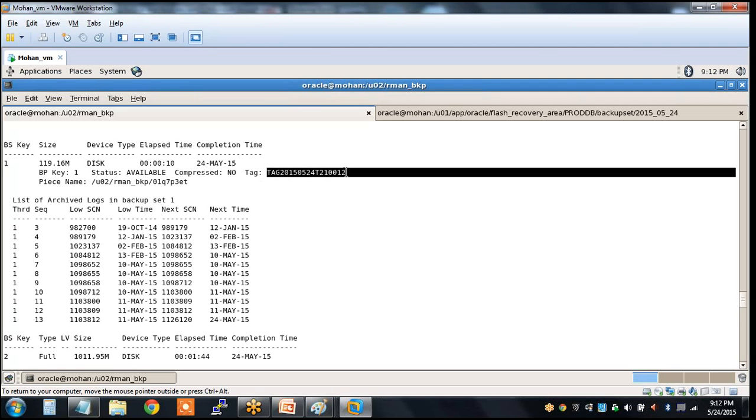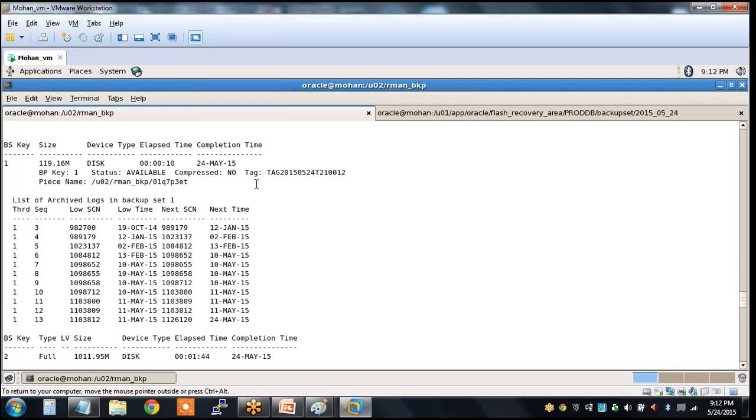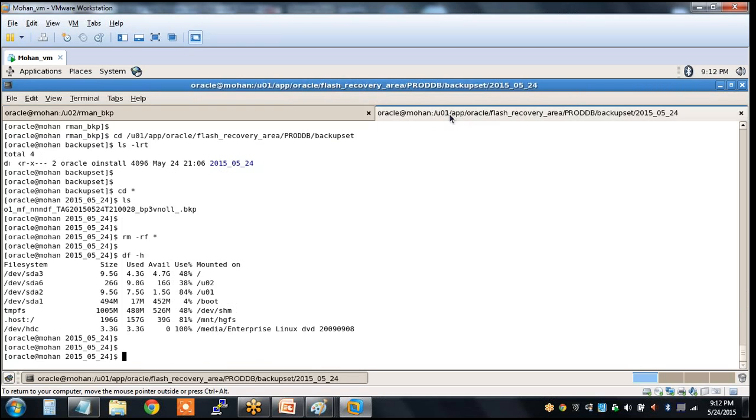This is the backup tag. Backup tag is very much important when you perform recovery, because we will use the backup tag to perform the recovery. We will understand about backup tag in some time. So piece name, this is the name of your backup file. So if you go back to the RMAN backup location,